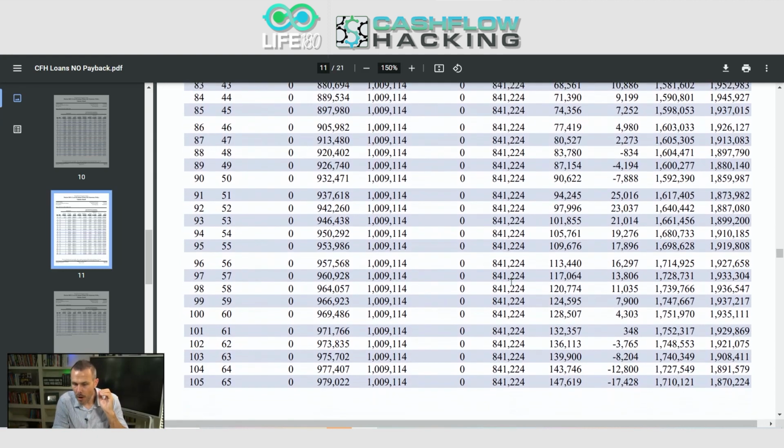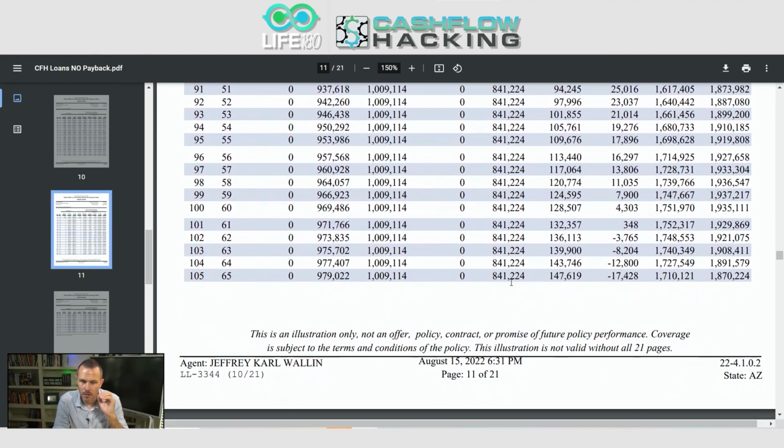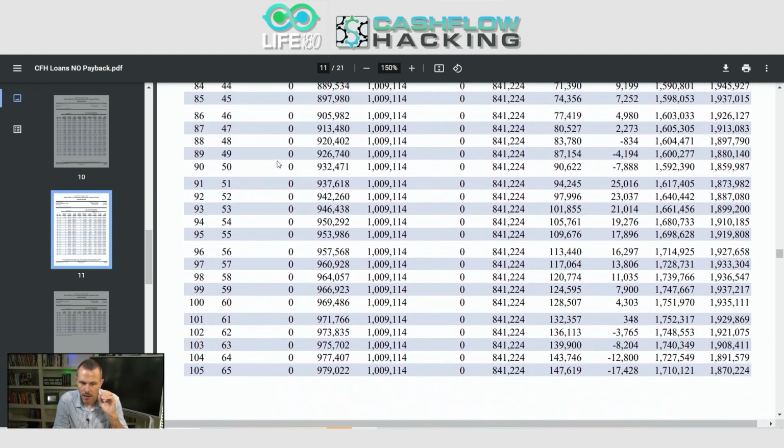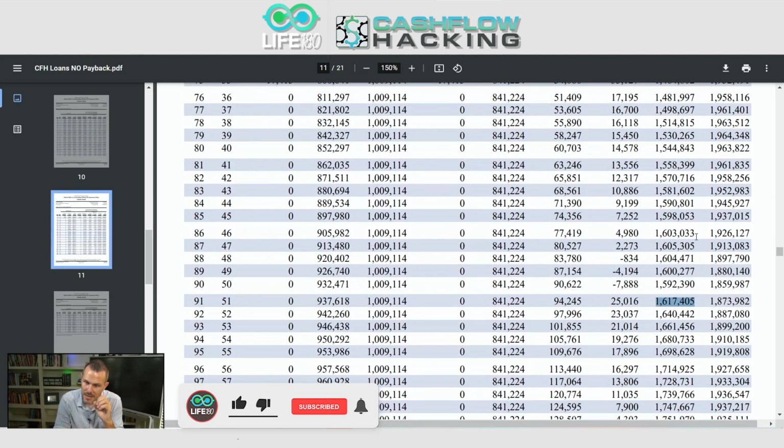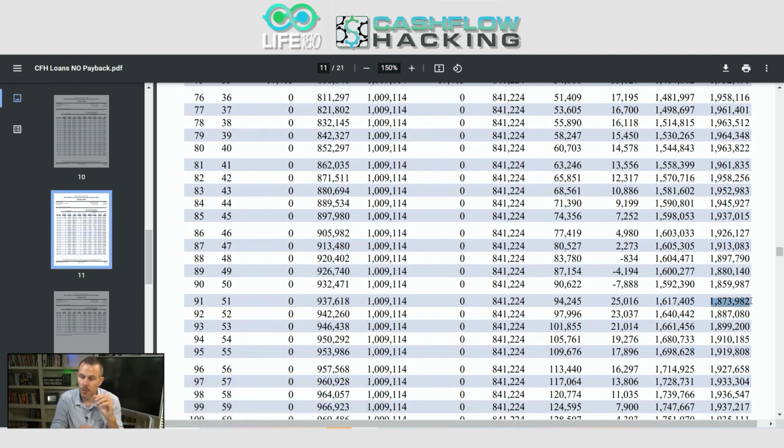Now, you borrowed against it, you borrowed $875,000. So you actually were able to access more money than you put into it, and then still at the end of it, after all is said and done, you got $1.6 million left in net cash value, and you have a $1.8 million death benefit. So think about it from this perspective. You were able to borrow against this policy, access more money than you put into it, and it's still gonna leave behind